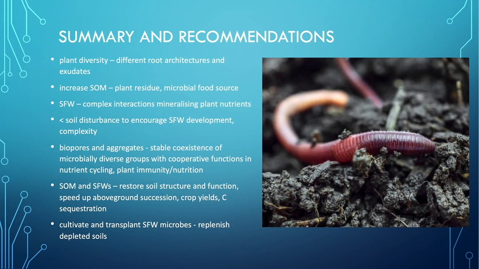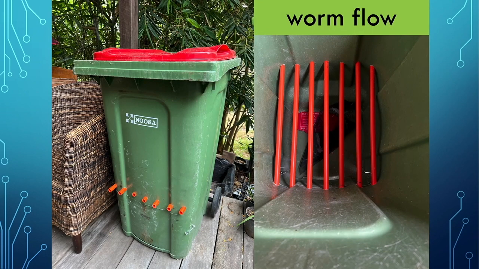Soil organic matter and soil food webs basically restore the soil structure and function. They speed up above ground succession, they increase crop yields, and they definitely increase carbon sequestration. And we can cultivate and transplant the soil food web microbes and replenish the depleted soils through the following. So I wanted to show you guys and introduce this wheelie worm flow, I call it, worm farm, which is